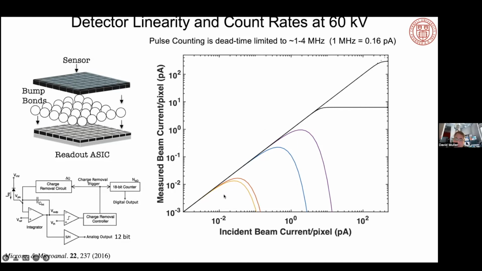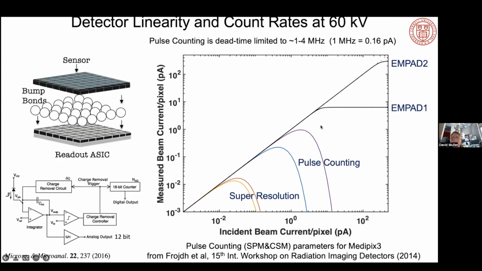So if you look over here at how various detectors do, the pulse counting detectors rarely run out of steam at, as I said, around 1 megahertz or so. And our MPAD detectors, the first generation, would be fine at close to 10 megahertz. In fact, it's way over 10 megahertz. I'm looking at beam currents here. If I'm remembering right, 1 megahertz is about, I've got it up over there,